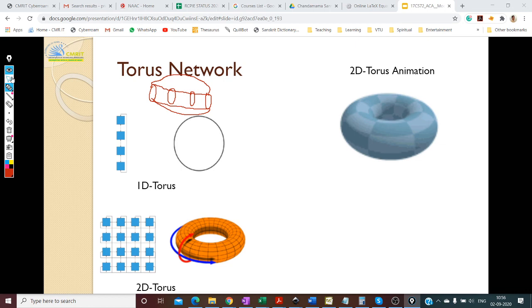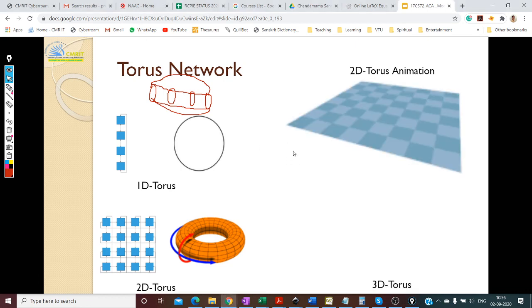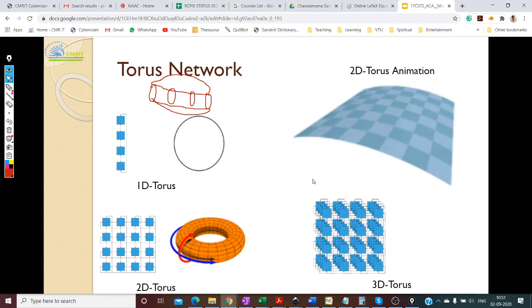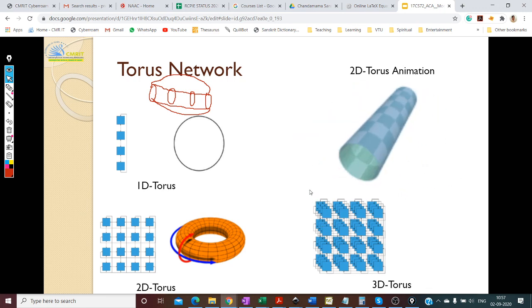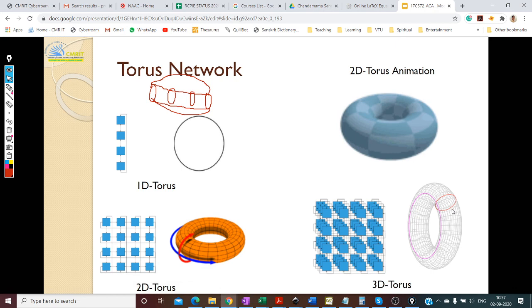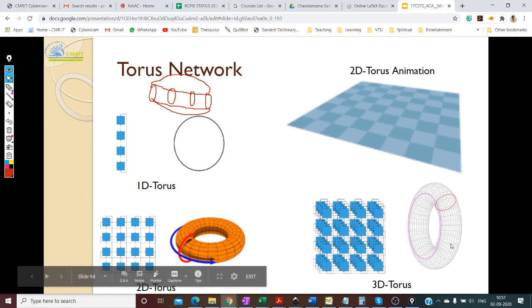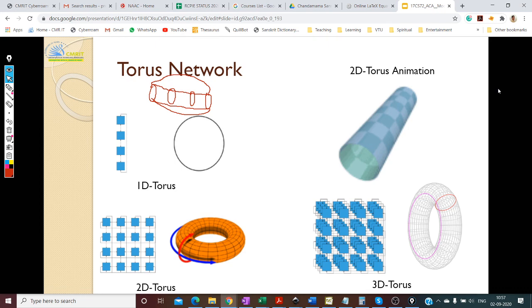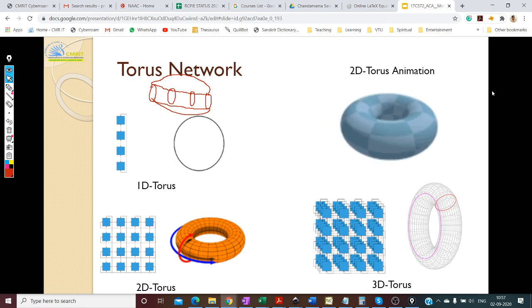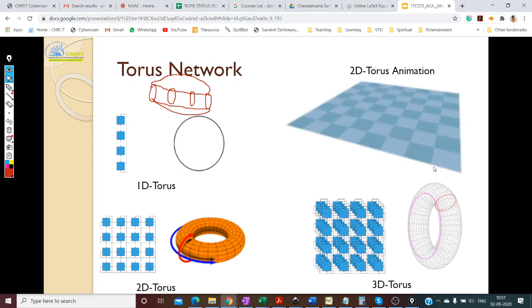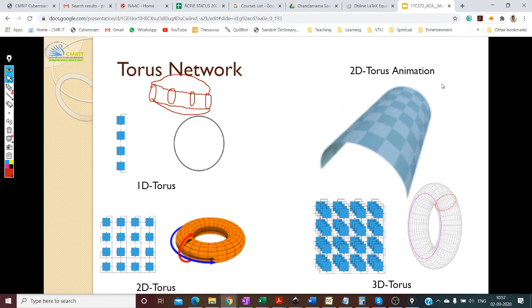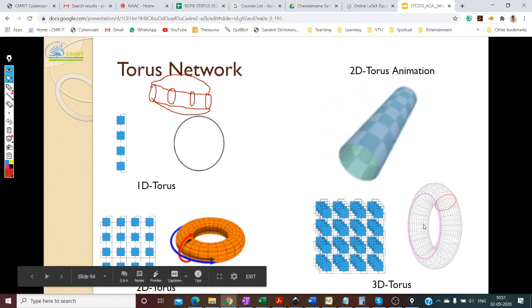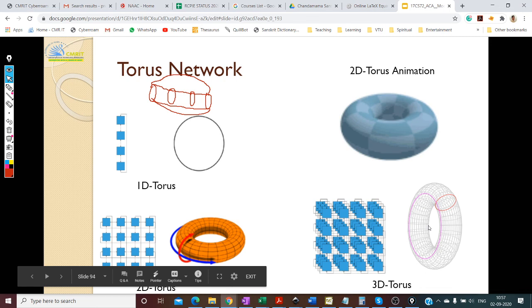Now what you can do is make a 3D torus out of it. You can have multiple planes of 2D tori, and then you make a 3D torus. So each of these rings is one vada now, each donut. I don't know how many of you have been to temples. To Hanuman, they make a vadamala, right? It's something like that. You have individual vadas, and then you tie all the vadas together to make a vadamala. So that's what it is. And this 3D torus can again be scaled to 4D torus and so on.